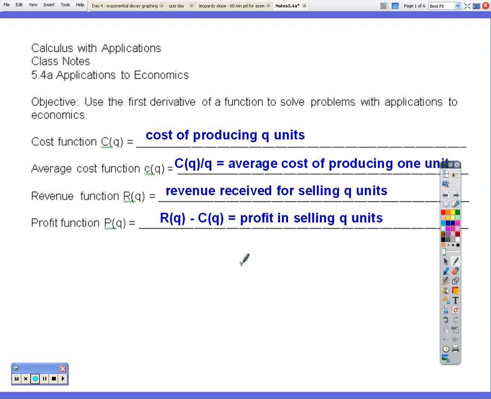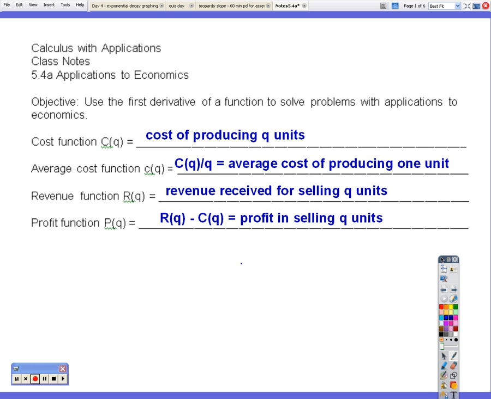So we spent the last week talking about applying the first derivative to optimization problems, maximizing area and volume, or minimizing a sum or a product. So now we're going to take the same concept of the first derivative and use that towards the economic application problems. So first you need to write down the four vocabulary terms we're going to be using throughout the day,